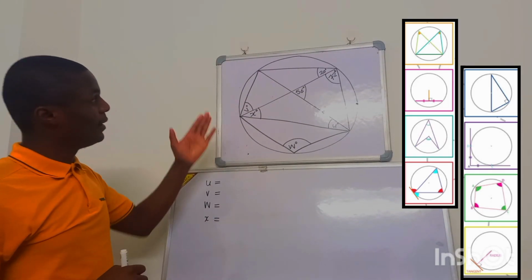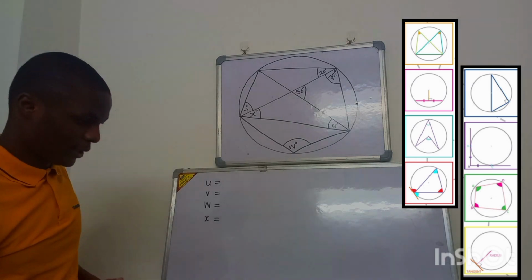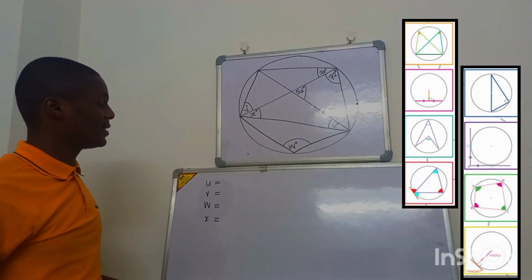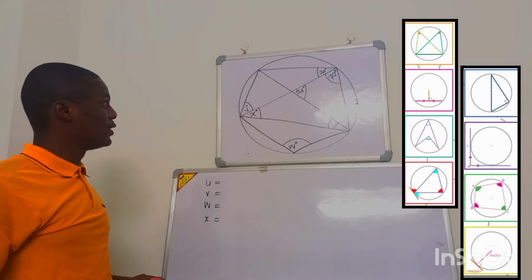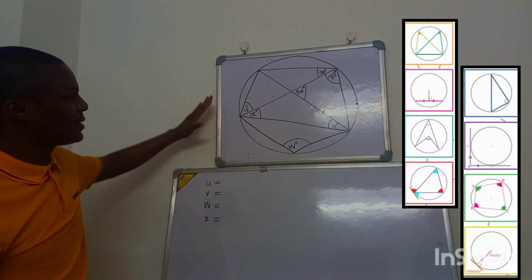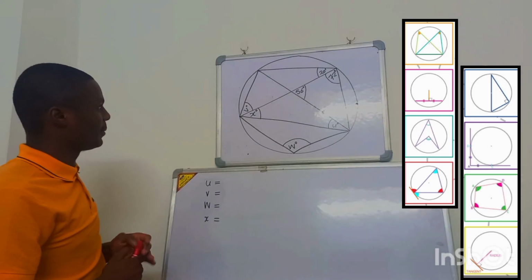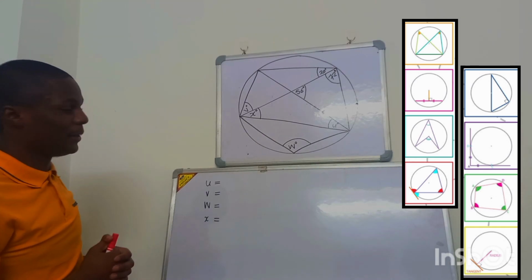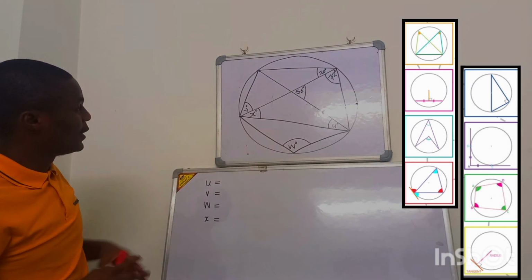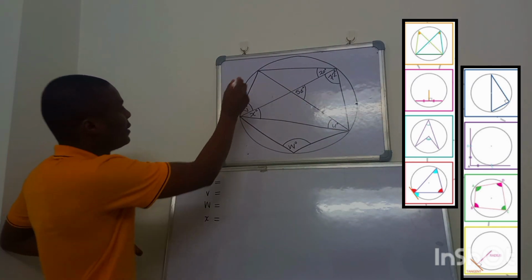Today we are going to do this question. It's a Cambridge past examination question. So let's just check this diagram. Just look at this diagram and try to remember the theorems. So let's check this